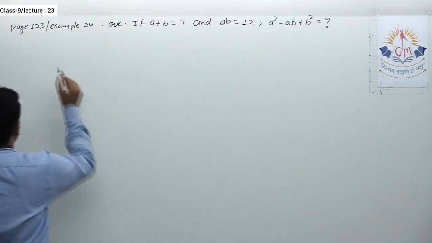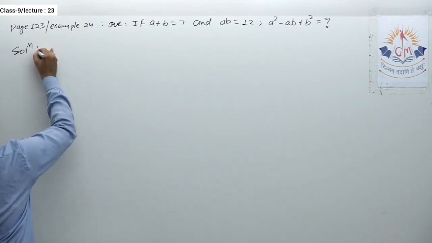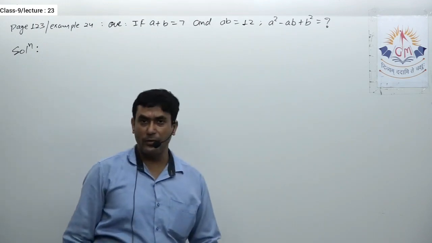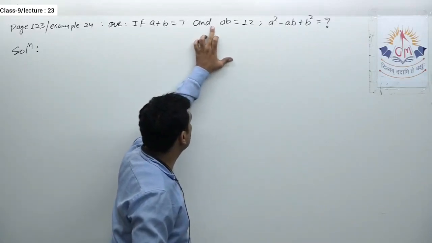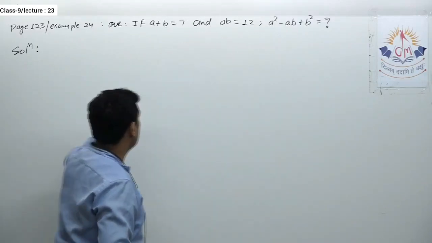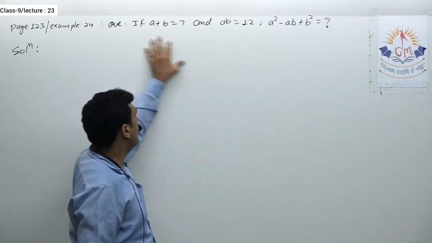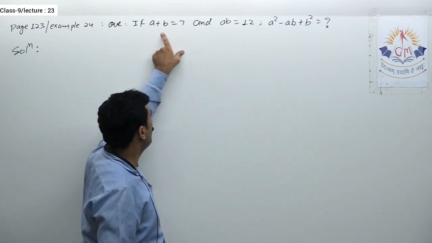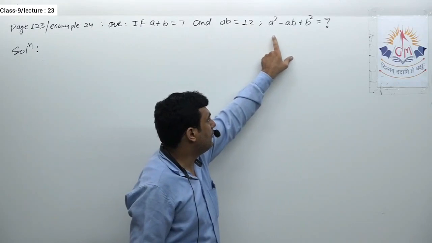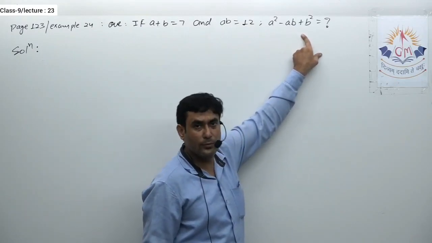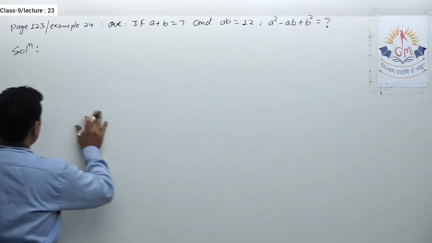So let us see how to find this. See, there is more than one way to find the value of this. There are two subjective ways as well as one objective way, in which we can find this without much calculation. See, a plus b equal to 7 and ab equal to 12. So you have to think about two numbers whose sum is 7 and whose product is 12. That way you will get the values of a and b, and just by putting them over here you will be able to get the answer, but that is not allowed in your subjective part. So let us see the first subjective method.